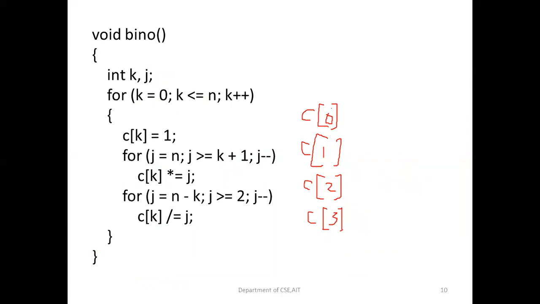This function here is the bino function. It is used for getting the binomial coefficients C of 0, C of 1, C of 2 and C of 3. So C of 0 is concerned with C of 3, 0. C of 1 is concerned with C of 3, 1. C of 2 is concerned with C of 3, 2. C of 3 is concerned with C of 3, 3. Why? Because here n is fixed and the n value is equal to 3. So we are going to get the values here for C of 0, C of 1, C of 2, C of 3, which will be used in the Bezier curve equation.